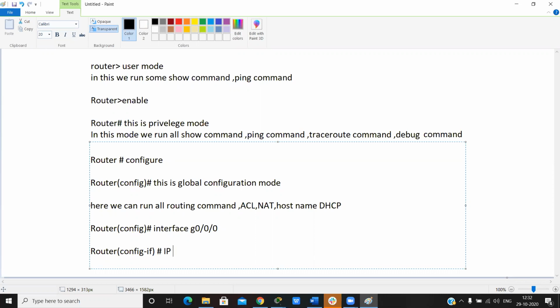Now you can run the command ip address 21.0.0.1. Then you have to give the subnet mask and then no shutdown.